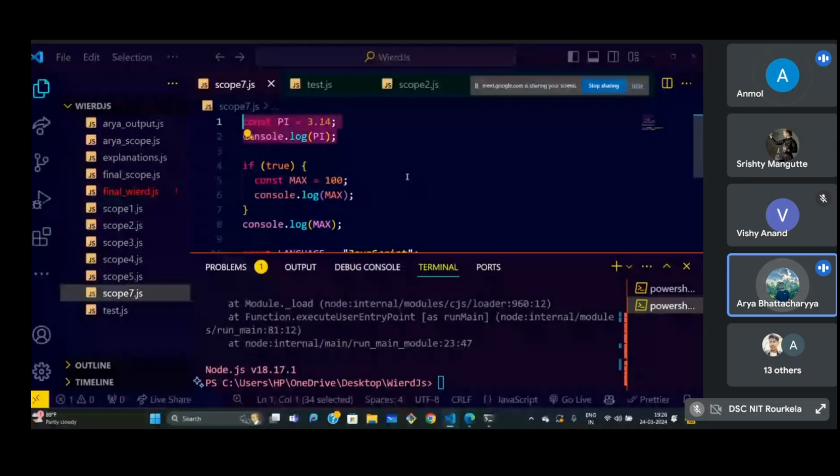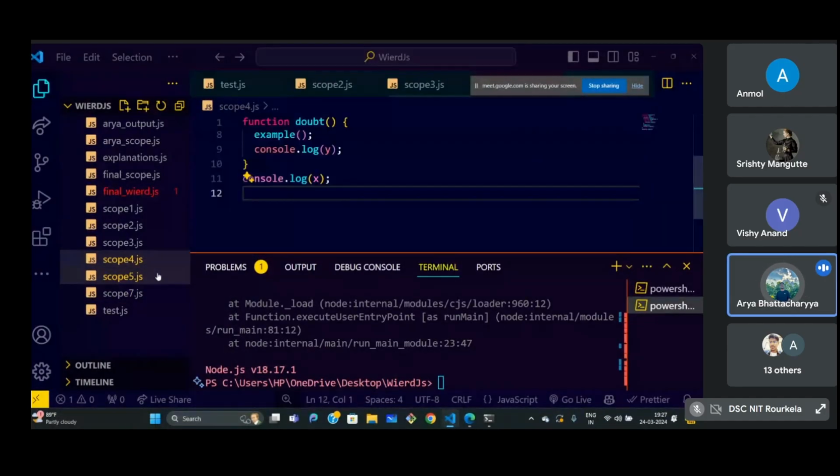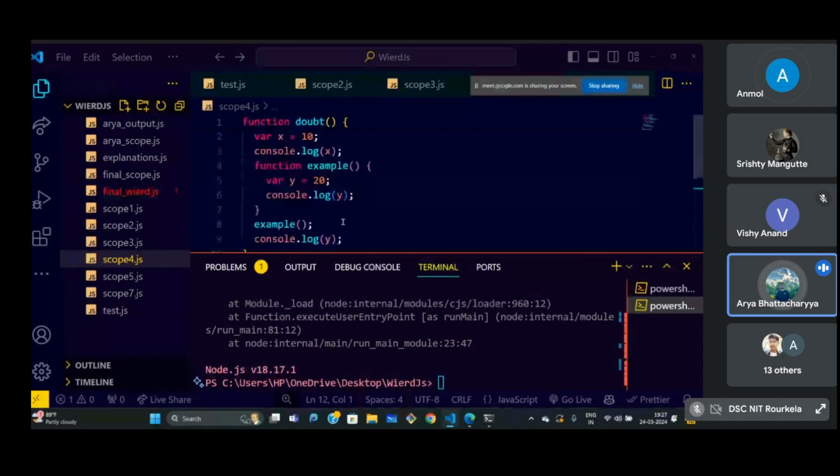The only difference being const में हम लोग reassign नहीं कर सकते value, but in case of let हम लोग reassign करते हैं value. So this 4 and 5 question, these are exactly same questions that has been asked in like good product based companies. मतलब interviews में these questions are very much repeated.